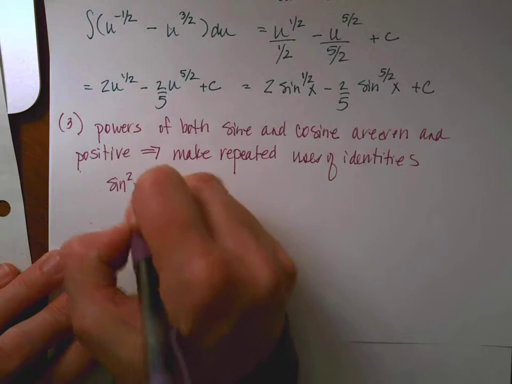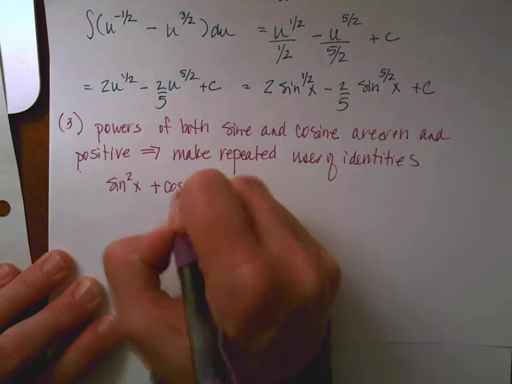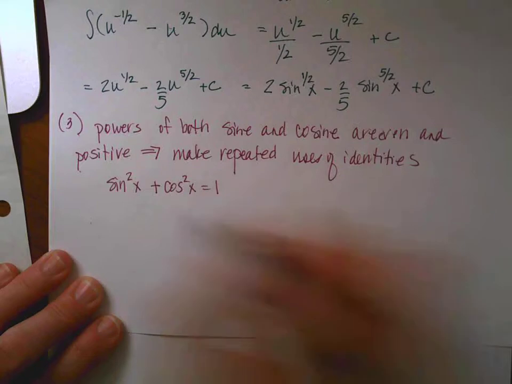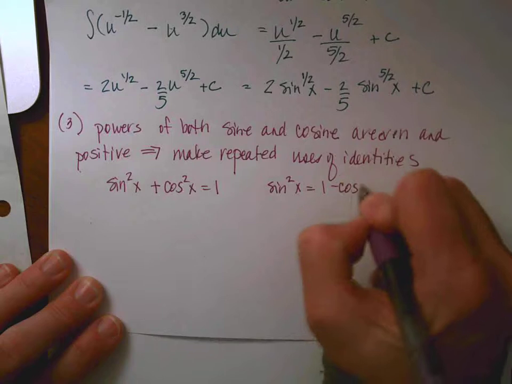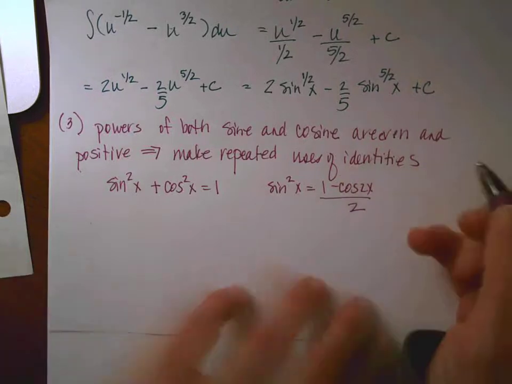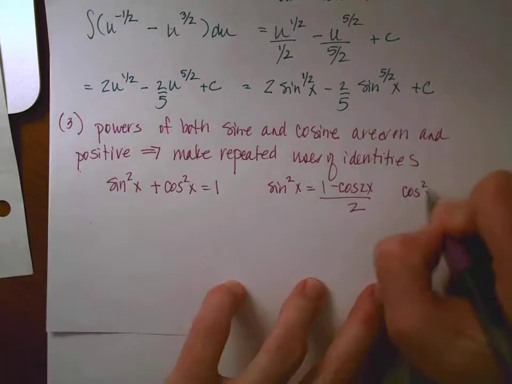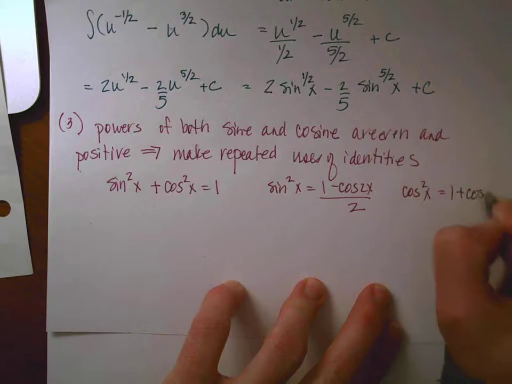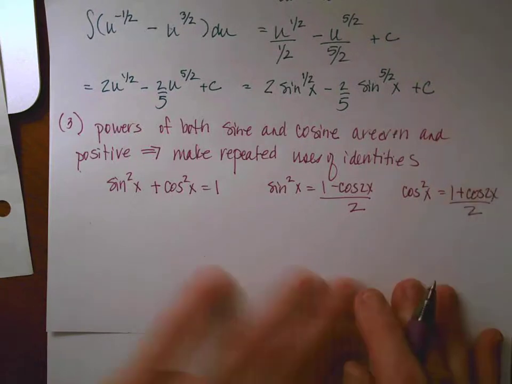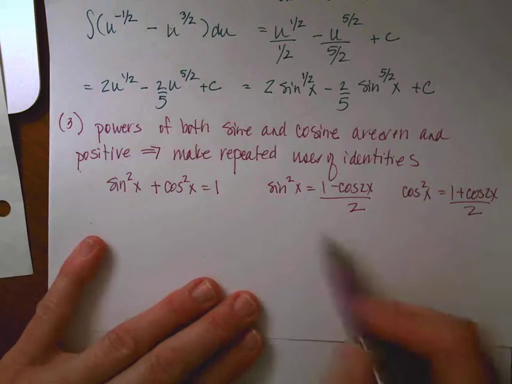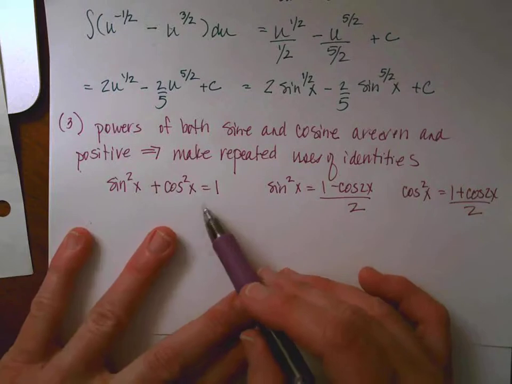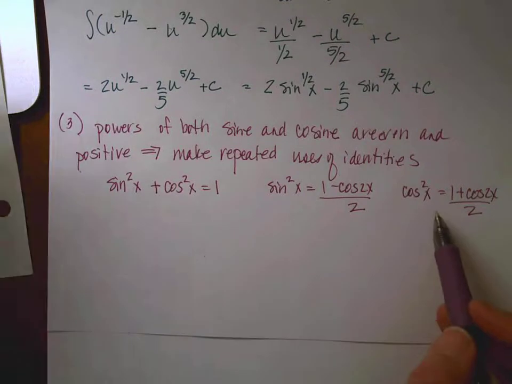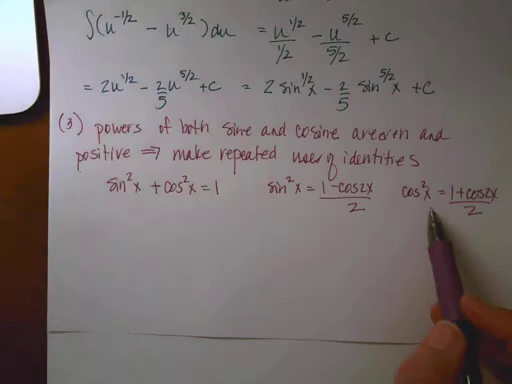All right, and just to rewrite a couple of them, because we haven't used them in a while: sine squared x plus cosine squared x is 1, and then I know that the sine squared of x is (1 minus the cosine of 2x) over 2, and cosine squared x is (1 plus the cosine of 2x) over 2. So in this particular situation, you're just going to have to figure out a way to remember your negative and your plus,